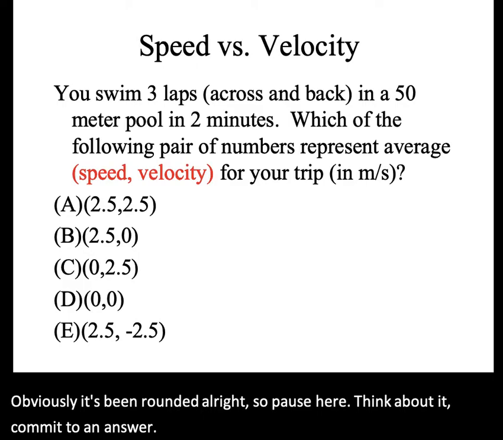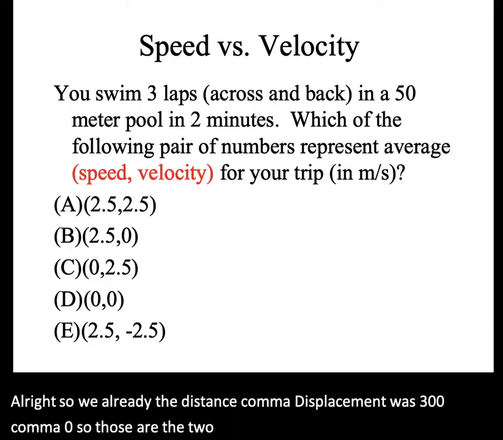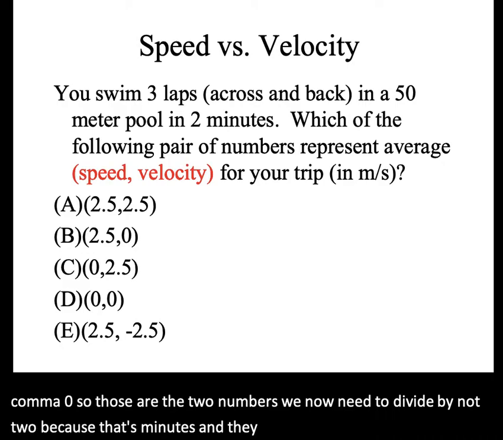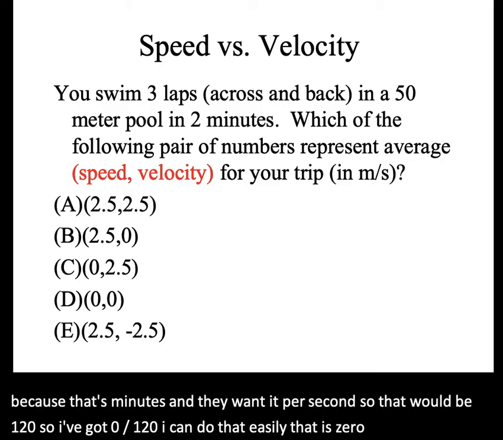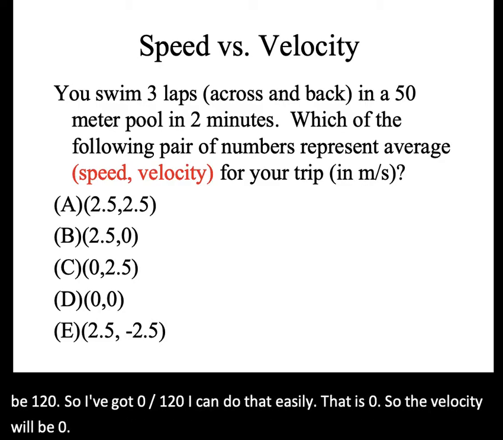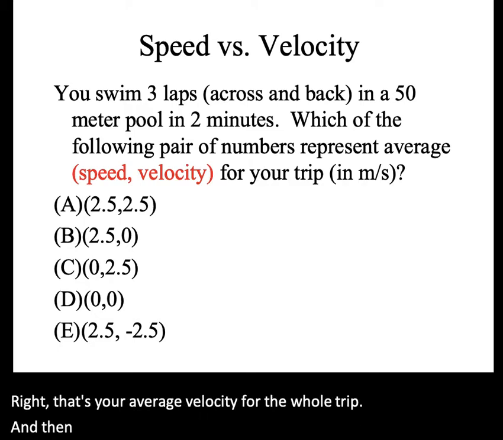All right, so we already know the distance, comma, displacement was 300, comma, 0. So those are the two numbers we now need to divide by, not 2 because that's minutes, and they want it per second, so that would be 120. So I've got 0 divided by 120. I can do that easily. That is 0. So the velocity will be 0, right? That's your average velocity for the whole trip. And then your speed will be the 300 meters divided by 120. So that's going to be